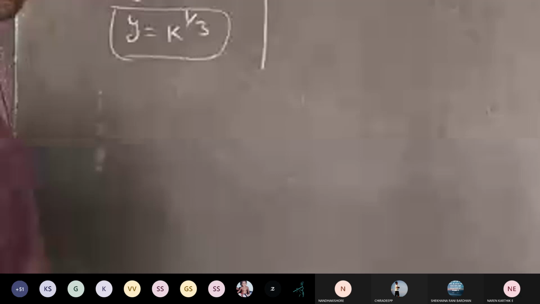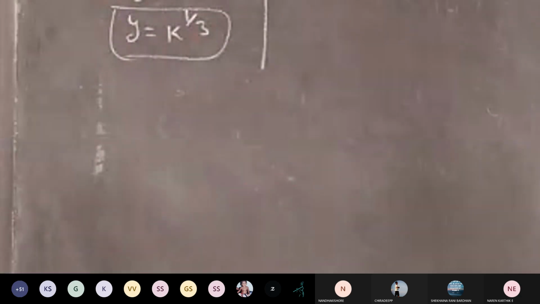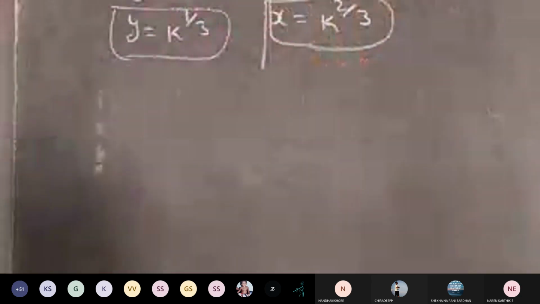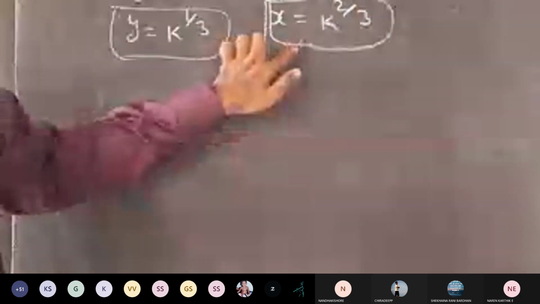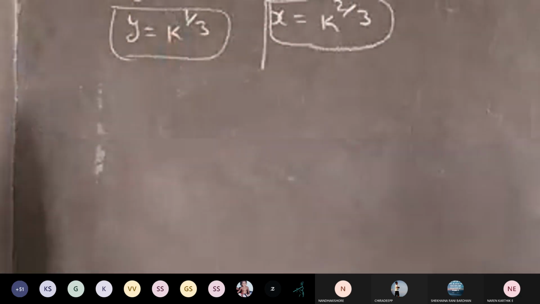Next, in this equation, I am writing x is equal to y square. So here x is equal to y squared, and you already found y as k power 1 by 3, so k power 1 by 3 whole power 2. Here you already know the formula. What is the formula? a power m whole power n is equal to a power mn. So now here you can write x is equal to k power 2 by 3. You got the x value and the y value of this point.